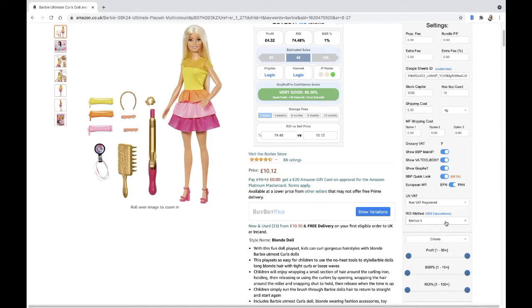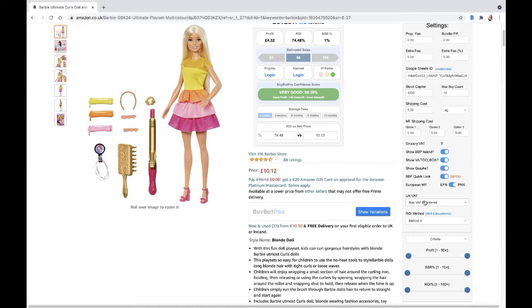Because, as I say, this isn't tax advice, but if you're not VAT registered, you have to pay the VAT on the Amazon fees. And if you don't set this up correctly and don't take that into account, that is going to impact your bottom line because you have to pay those. And Amazon don't necessarily tell you about those. It won't show that in the Amazon app. So you need to make sure that you have chosen the right VAT status. Now, I'm very pleased to say that the VAT within BuyBotPro is managed by UK accountants, not by me. So that's a very good thing. But as I say, you need to make sure that you choose your right VAT status.